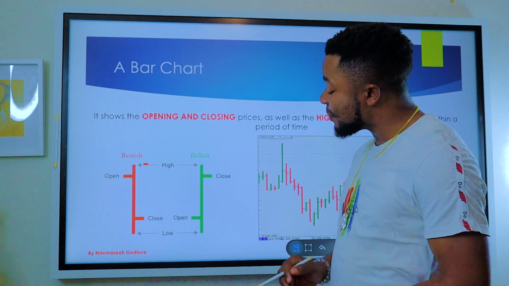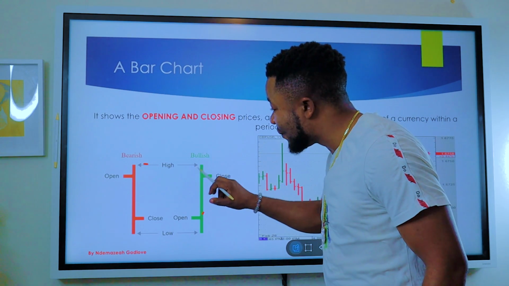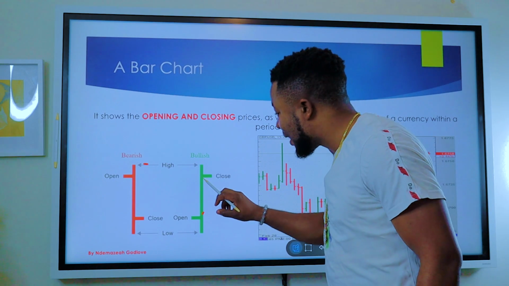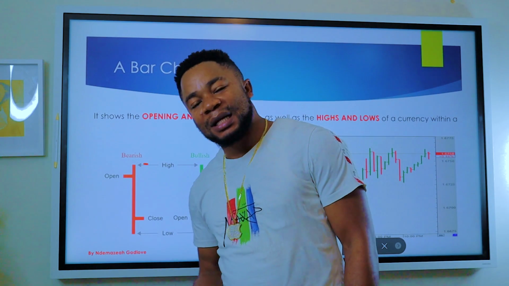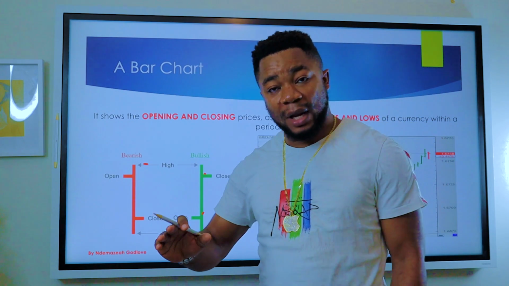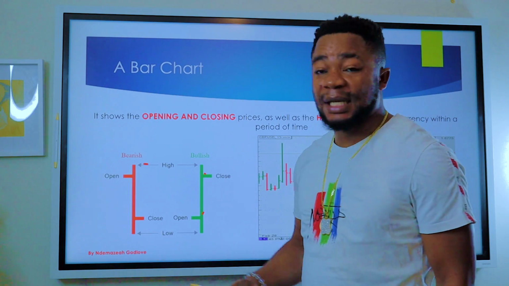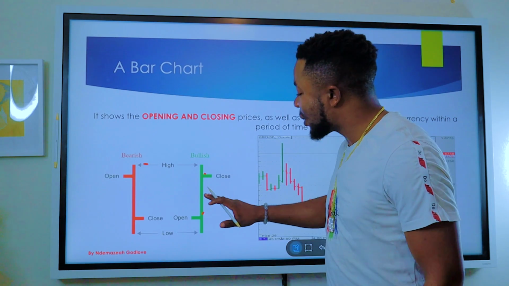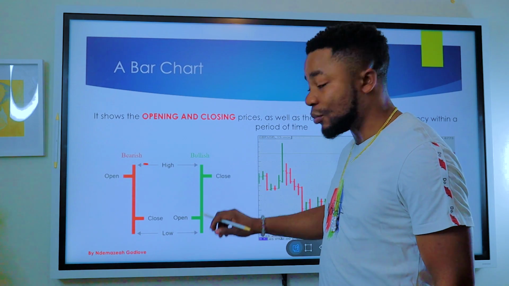So if it is a bullish market, then the market instead opened here, went right up to this particular level where you have the high, then finally closed here. All right. So if the open price is above the closing price, then obviously that is a bearish chart. And if the open price is below the closing price, then obviously that is a bullish chart, because the market